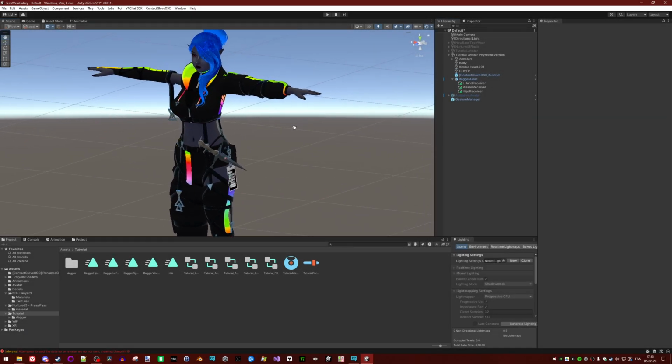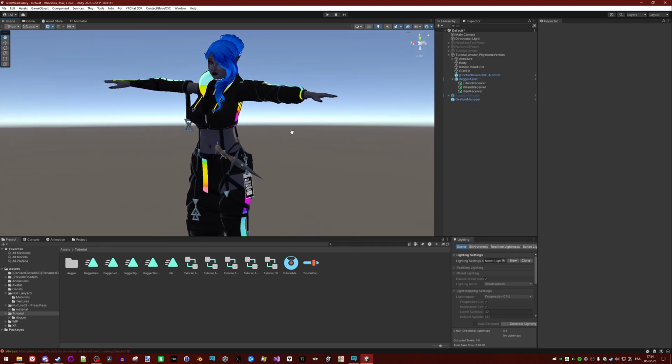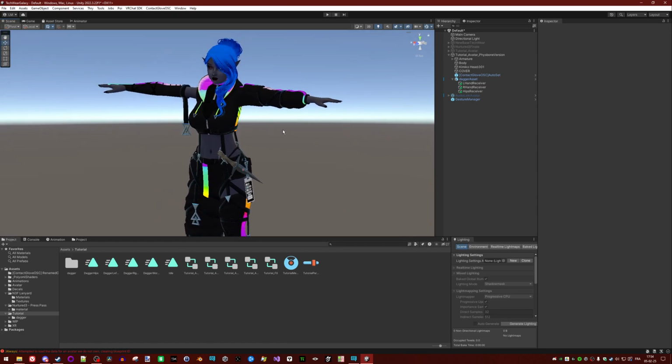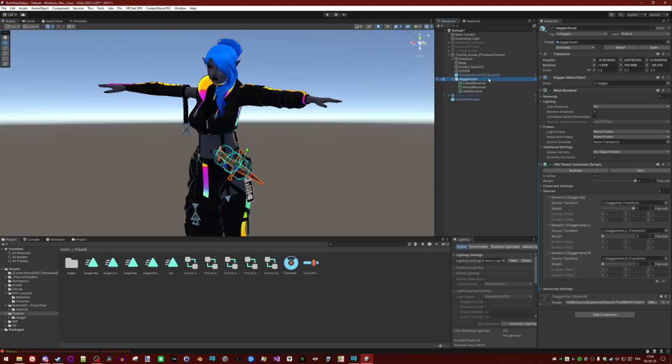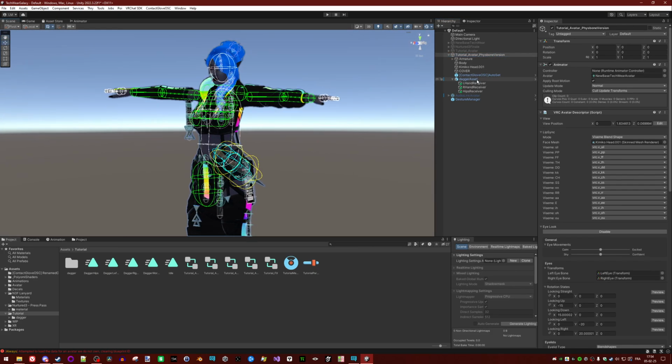So the other way of grabbing the dagger would be to use a fishbone that you grab. This is the version I explained in my previous video, the old one. So you select your dagger. I created another version of the avatar for this, so I can show you both in VRChat later.